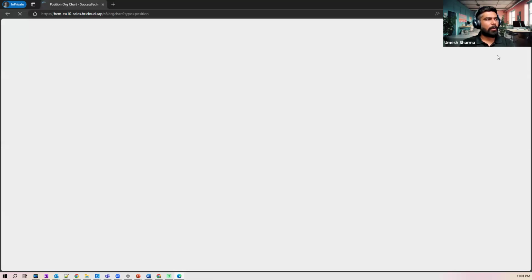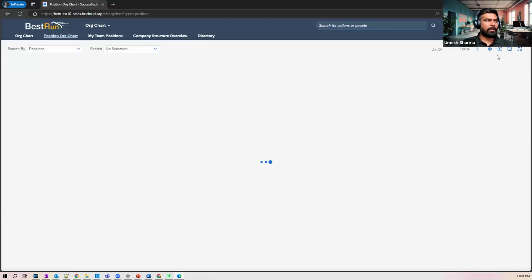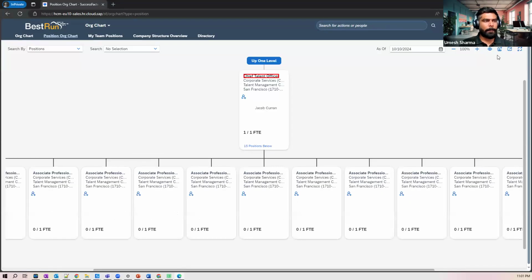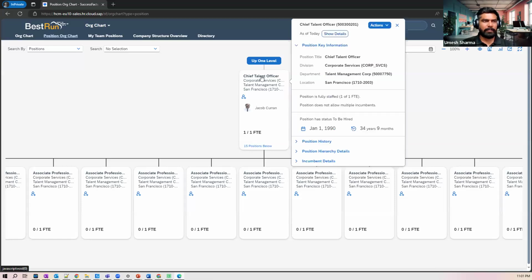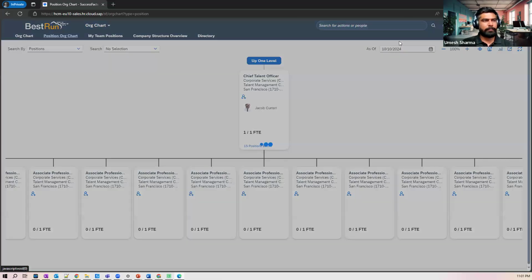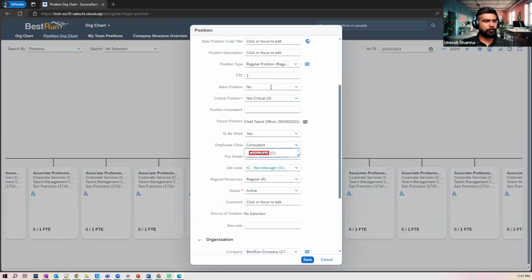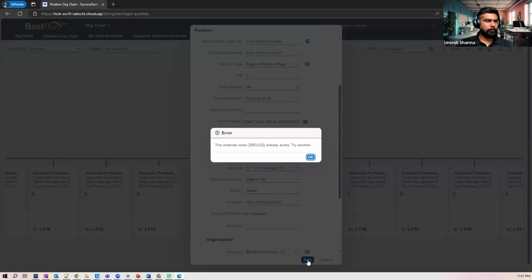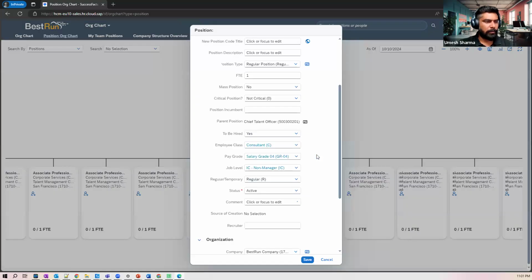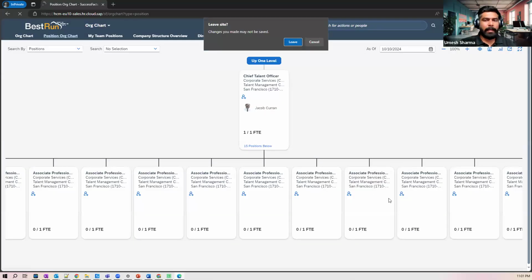right? So now the bot is going to the web page where it will check for the position organization chart and it will create a new position. It will check for all the selectors which are already provided, right? So this job code is coming from the Excel file that we have provided. So since the entries already exist, it has created this and